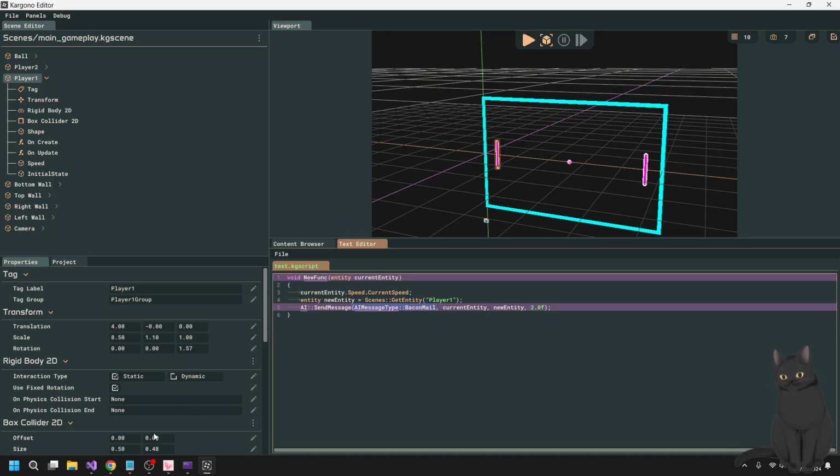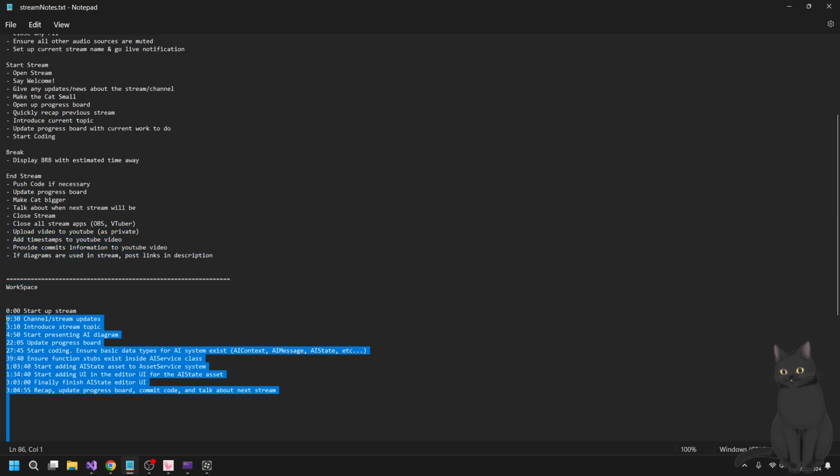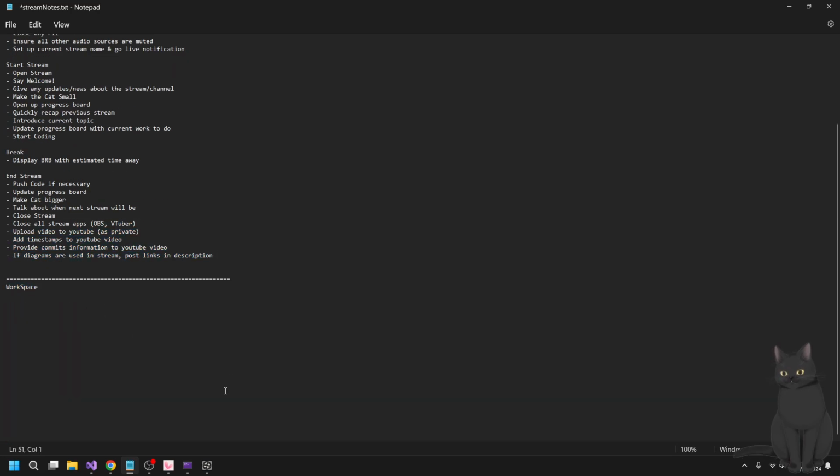So let me go to my workspace. Let me go ahead and get rid of these. I was doing something else. I think the first thing in order to get this is I need to make sure that I provide AI message type as a token in my compiler, in the script compiler. After I make it a token in my script compiler,